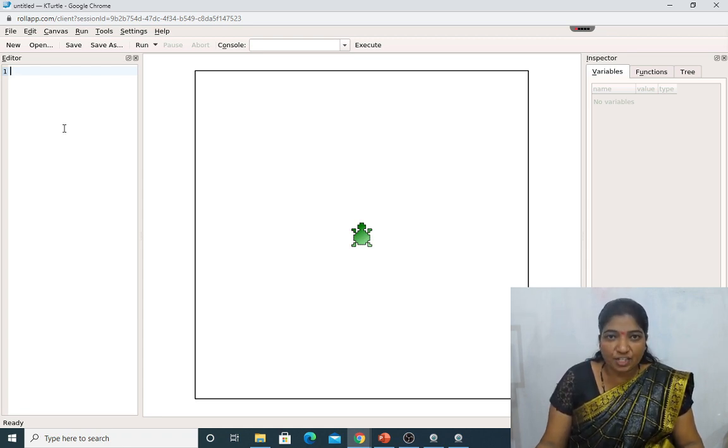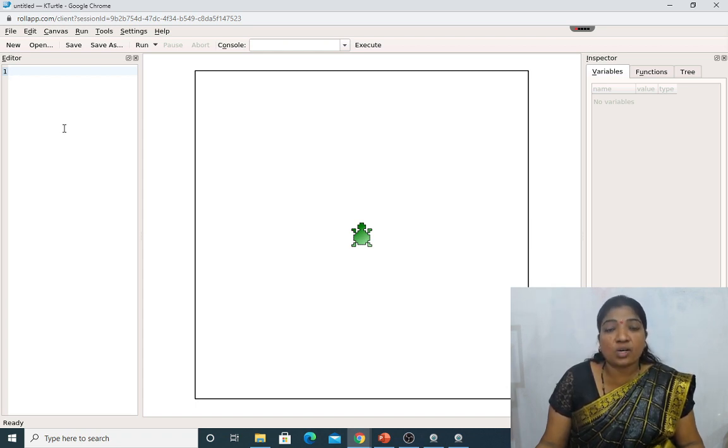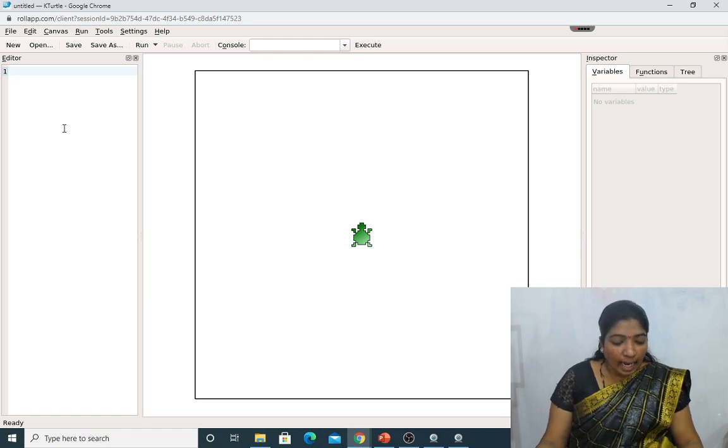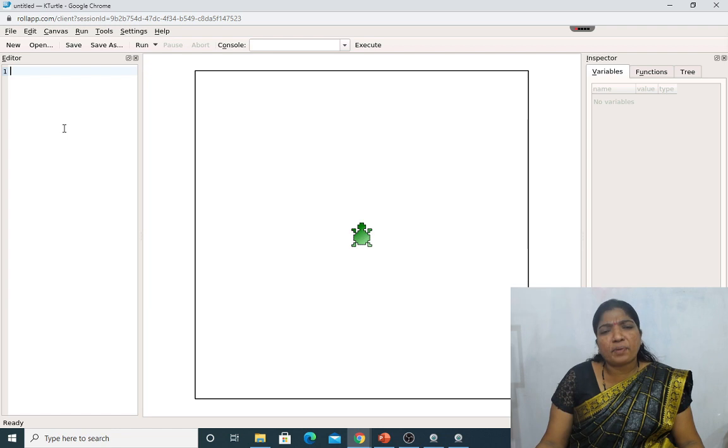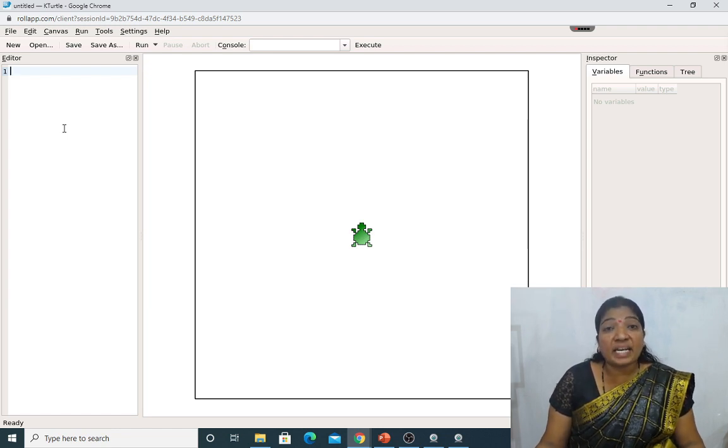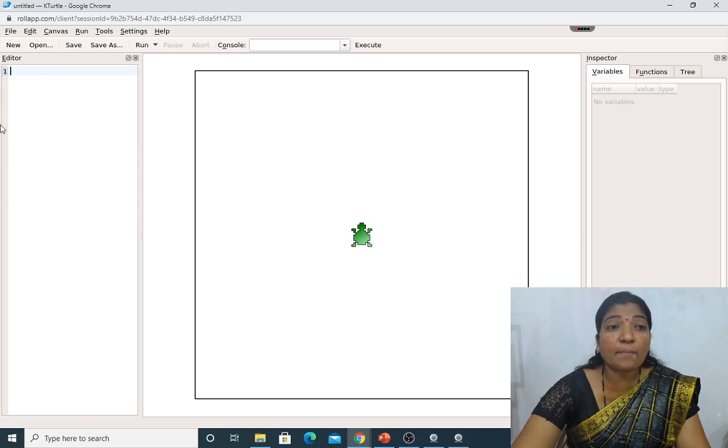In the introduction, as we all know, KTurtle is an open source software which is created online. The next one is the print command. What is the use of the print command, my dear students? We have to enter the print command in the editor pane.